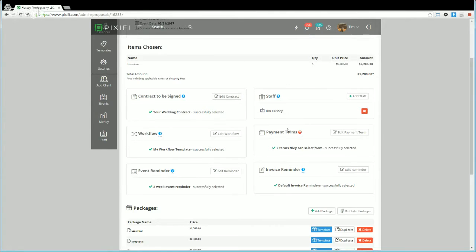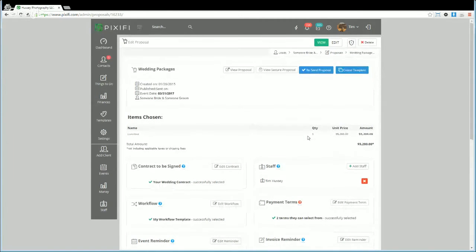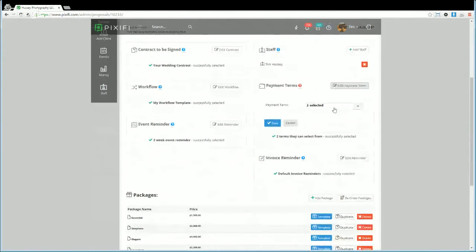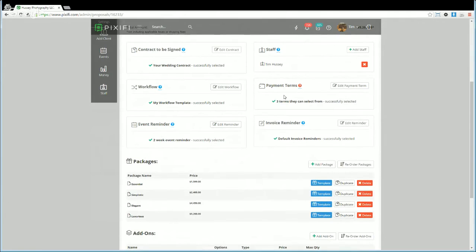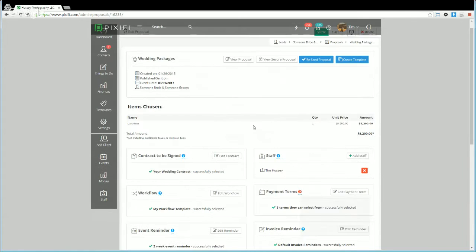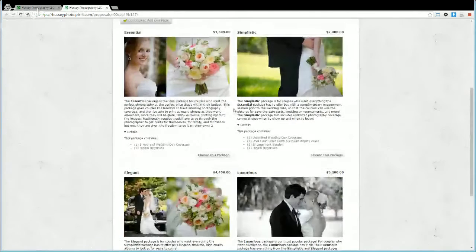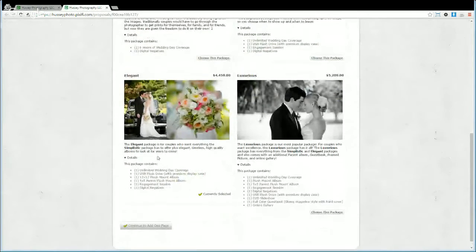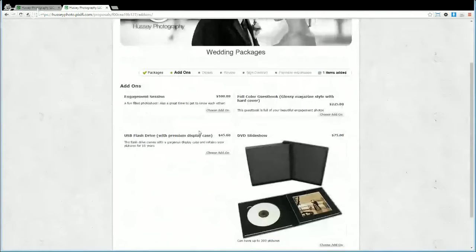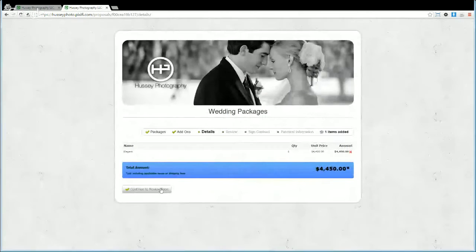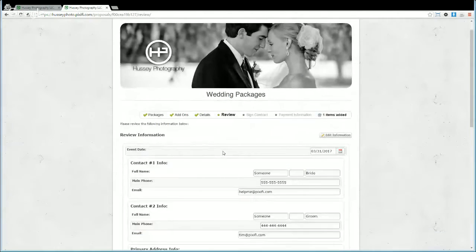But anyway, what I was saying is in the proposal now, instead of only giving them one option to pay, you can say, hey, by the way, I want to give my client the ability to choose how they want to pay. So they can choose from 1, 2, 3, 10, 15, any of my different payment terms. And when they get to the proposal, I'm just going to real quick already have a package chosen. Good. So I'm going to go to the review page. Once I fill out all my info,